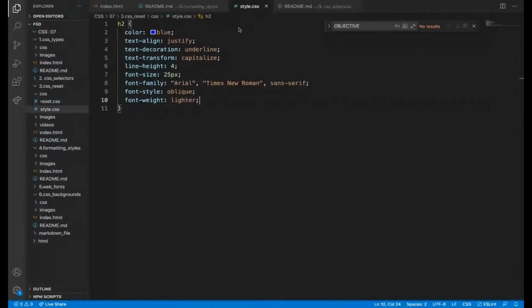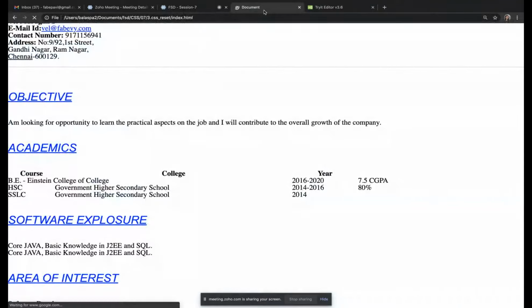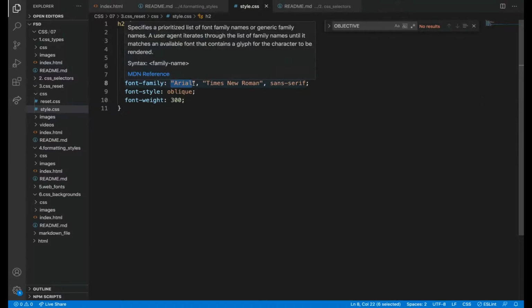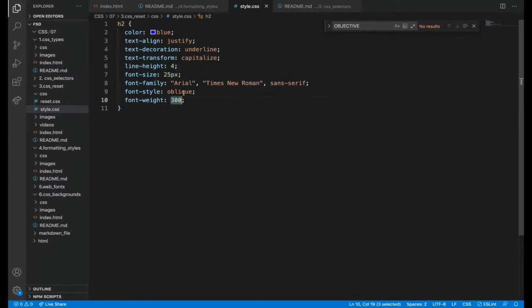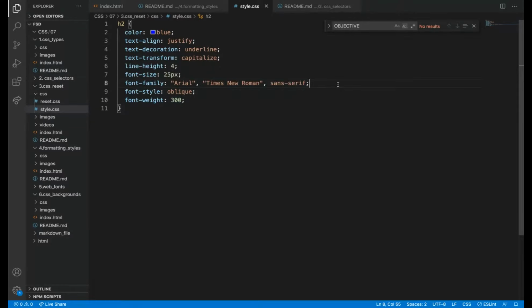If I want to give some specific numbers, those font files should be in our machine. For now, we don't know, so we don't want to do it, but we can give these kinds of weights: 100, 200, 300. But those files should be there, like Arial, it will be in our machine, so it should also be there inside that. So for now, don't get confused with this. For now, you can give bold or bolder only.